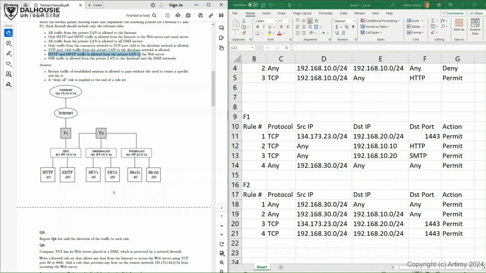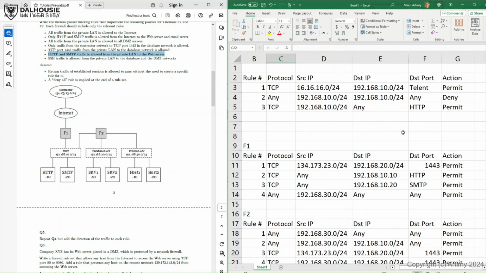And the second to last policy says HTTP and SMTP traffic is allowed from the private LAN to the web server. So the traffic will go this way, and it will pass through firewall number 2. So we need to create